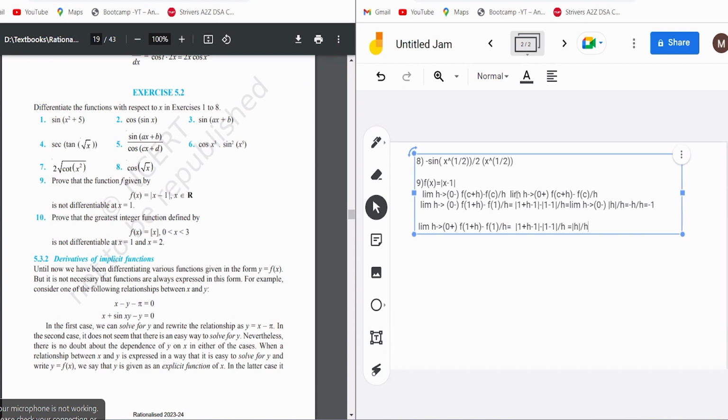एच 0 से थोड़ा सा बड़ा है, मतलब एच इस केस में पॉजिटिव है। पिछले वाले केस में एच जो था 0 से थोड़ा सा छोटा था तो फिर वो नेगेटिव हो जाता, तो नेगेटिव हो जाता तो माइनस एच खुल जाता। यहाँ पे एच 0 से थोड़ा सा बड़ा है, क्योंकि वो थोड़ा सा बड़ा है तो अपन कह सकते हैं कि एच पॉजिटिव है। क्योंकि एच पॉजिटिव है तो मॉड एच पॉजिटिव खुलेगा, so it would be h by h equal to 1। तो देखो, मैंने क्या बोला था, लिमिट एग्जिस्ट करनी चाहिए और इक्वल होनी चाहिए, तो लिमिट एग्जिस्ट तो कर दी है लेकिन लिमिट इक्वल नहीं हो रही है, सो बस ये फंक्शन डिफरेंशिएबल नहीं है।